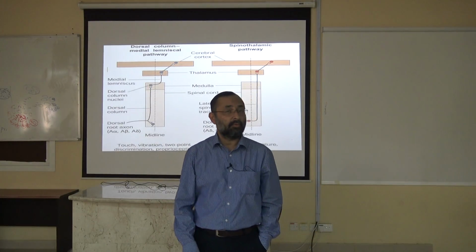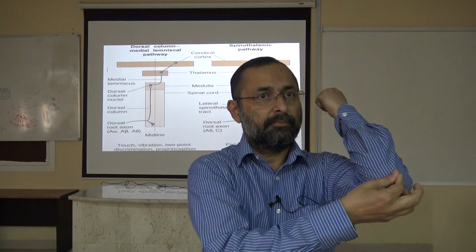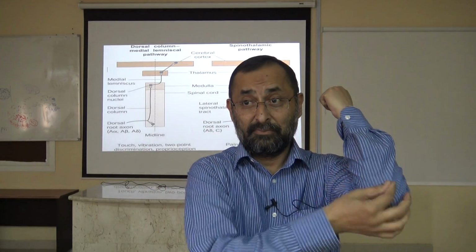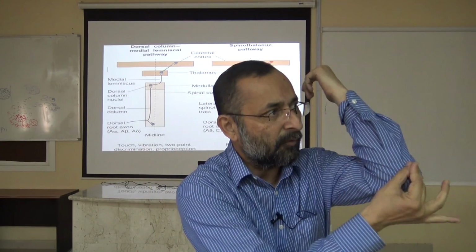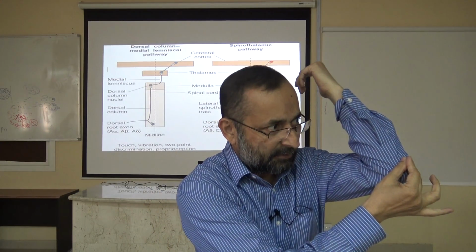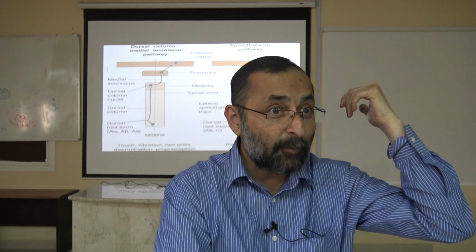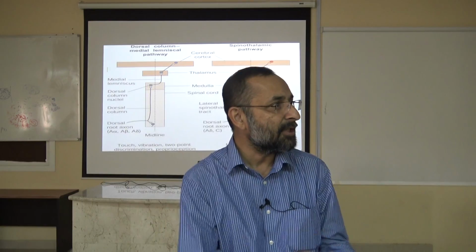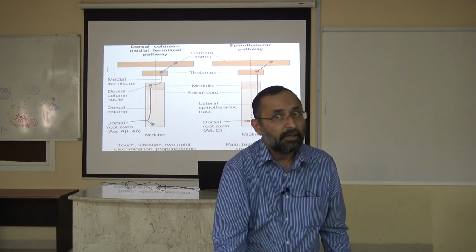We can check vibration. If I am checking the vibration here, where is it going? Specify. On this bone, I'm placing the tuning fork over here. Zzz, I'm feeling it. So it means where is it going? Left what? Fasciculus what? Thank you very much. It's fasciculus cuneatus of the left side. If I'm touching it over this bone and I'm feeling it, right fasciculus